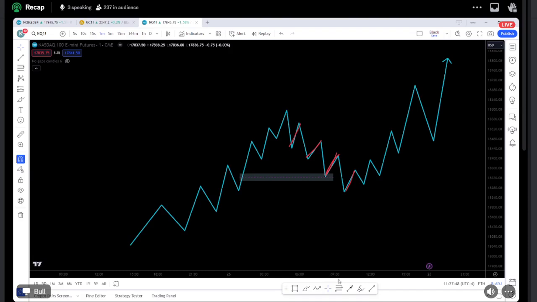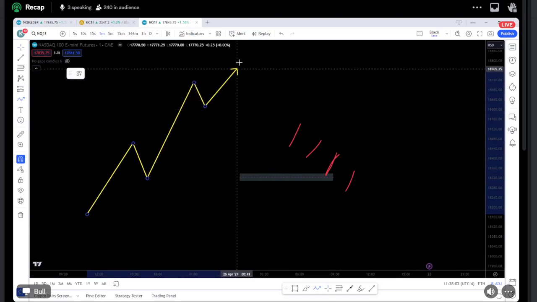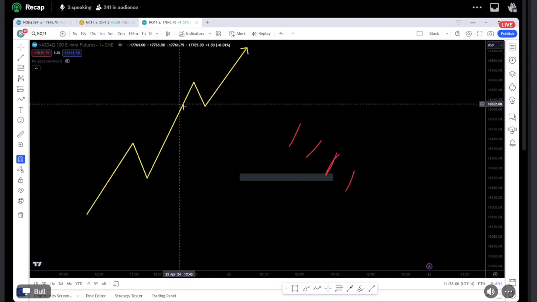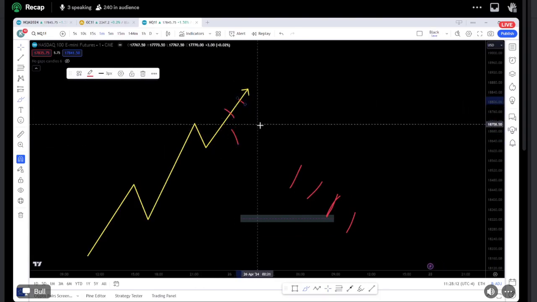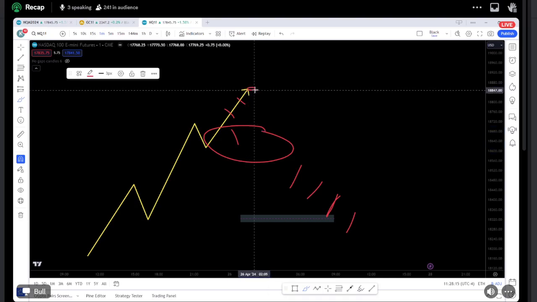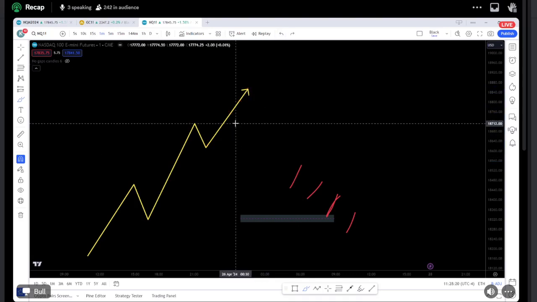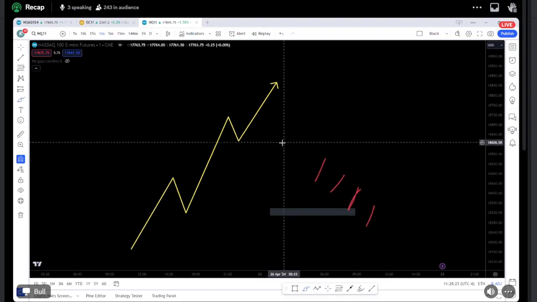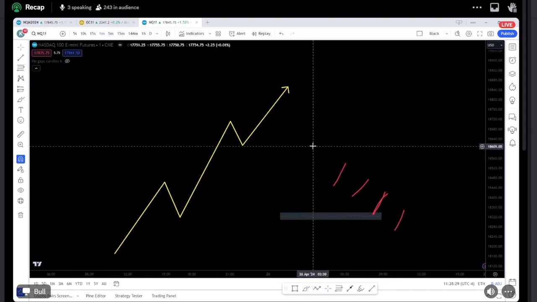Okay, I see a lot of people seeing a trend like this, for example. Get rid of this right now. They have a trend similar to this, and they're seeing this range in here, and they're shorting here, trying to move it back down. They're shorting here, trying to catch this move back into this range. They're shorting at the tops here, trying to catch the top of the move. We're not looking to do that, right? We're looking for our structure and our narrative to allow us to dictate what price is telling us.